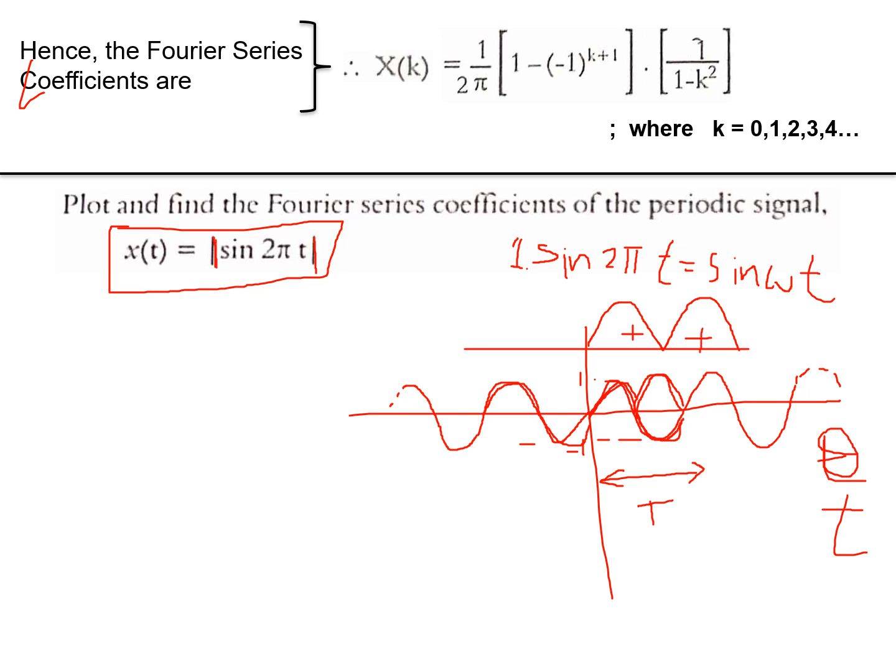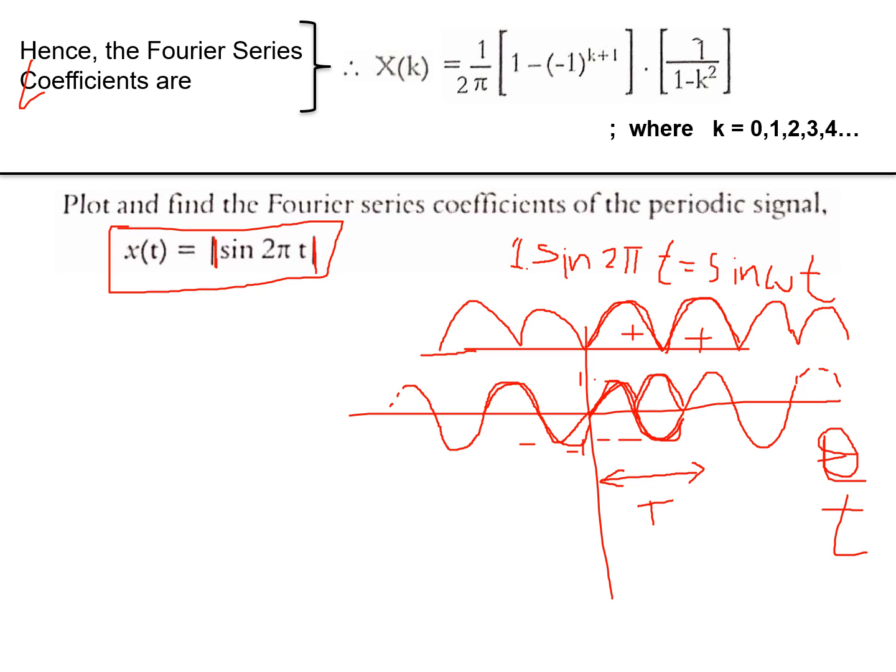You take only the mod. Never bother about the sign. You plot only the mod. Plot the graph as the mod of sine of t. That is, the positive half cycle, and the negative half cycle also the same as the positive half cycle, because you're taking the mod of the negative. So if you do this for every half cycle, your waveform looks like this. This is what the graph is. That means it is a full wave rectified signal.